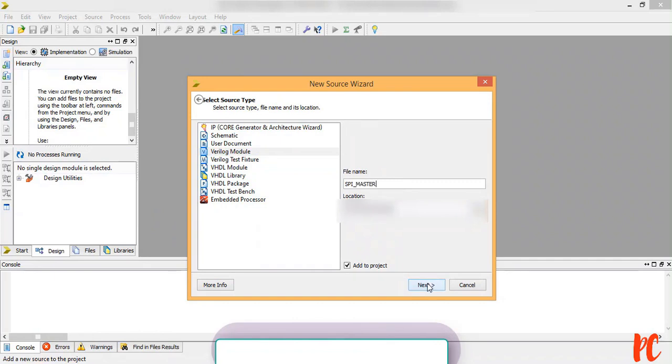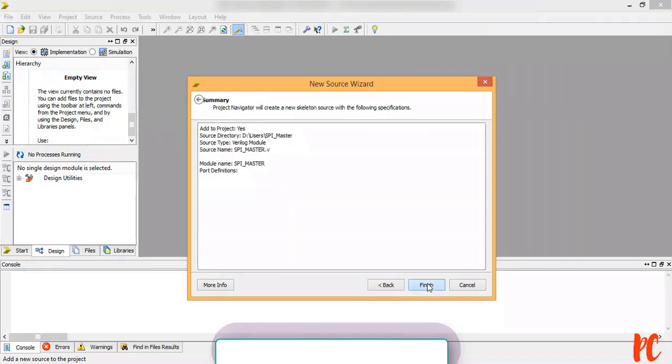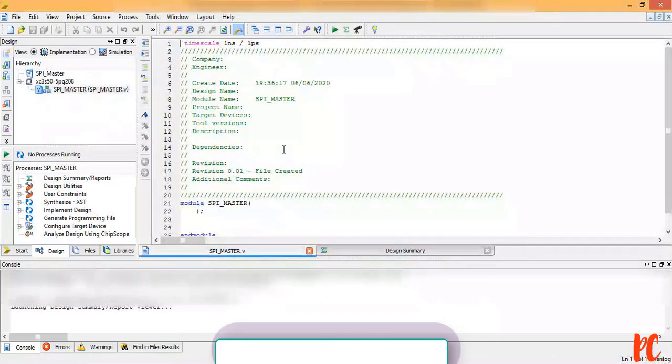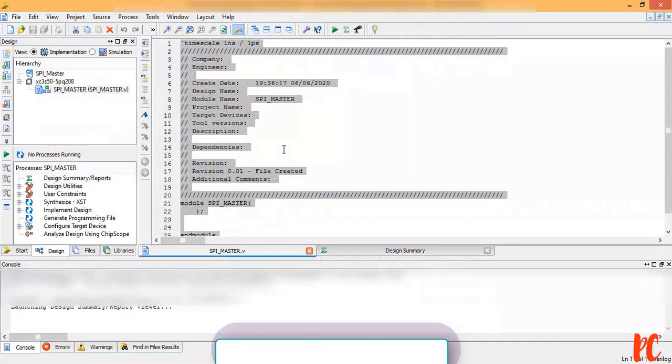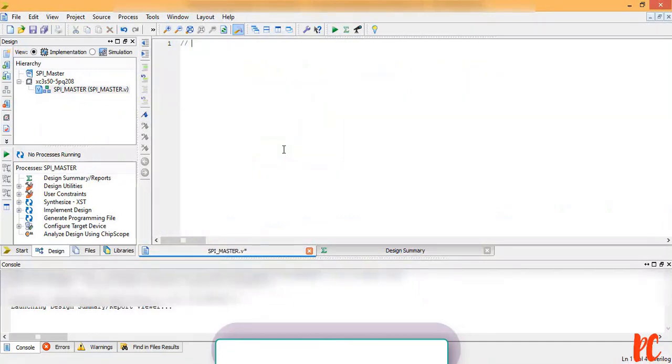Click on Next, Finish. By default this will create this window. Let me erase it all and give a comment on SPI Master. Let me start with module SPI_master